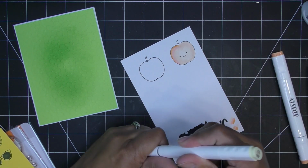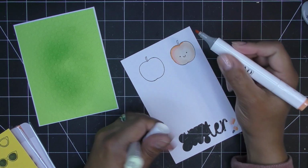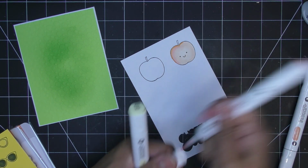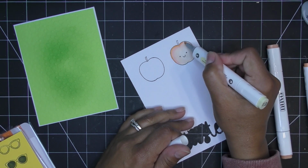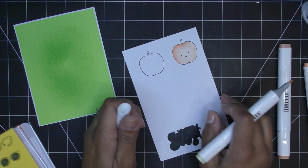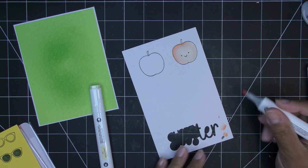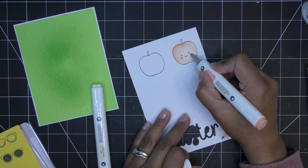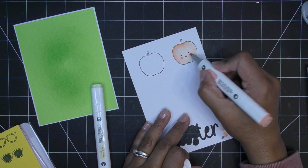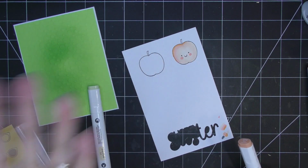Something like that. I might get a little more peachy color over here. And then I'll just simply add a little bit of brown in for the stem. And how about some little pink cheeks? Which one of these is more pinky? This guy. And maybe a little pink there for some little cheeks. And that is that, and I'll color this other one the same, but without the face, obviously, and I'll be